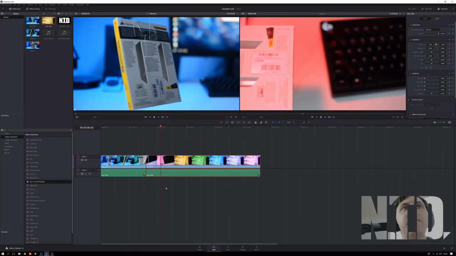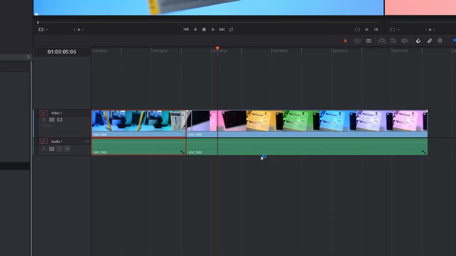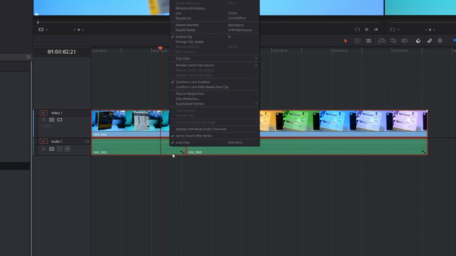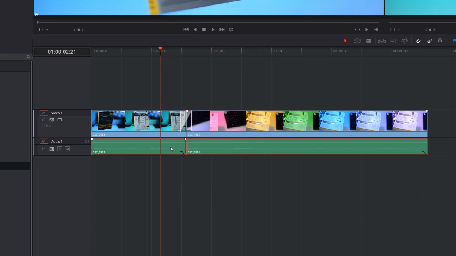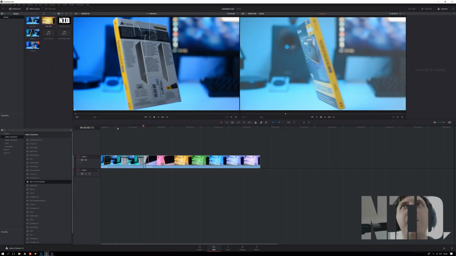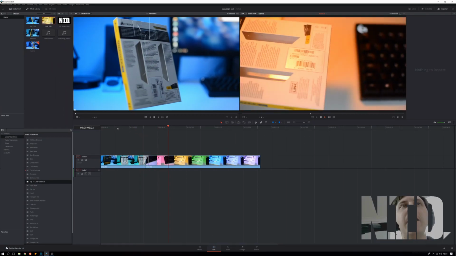So there is the music that is coming actually from when I was recording the track, so we don't need these soundtracks. Remove that: we unlink the clips, so then we can select these, press delete, and get rid of those. Okay, so now we have our clean clips and we have the transition, which is not bad,